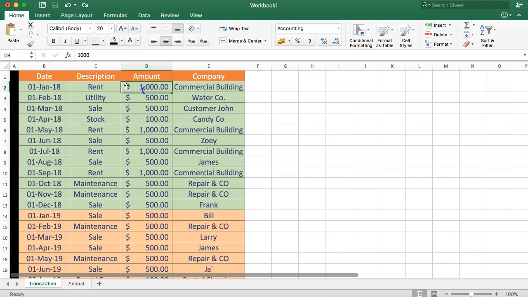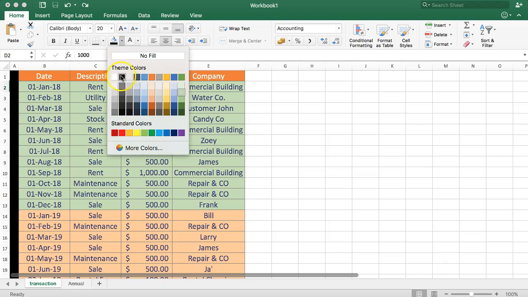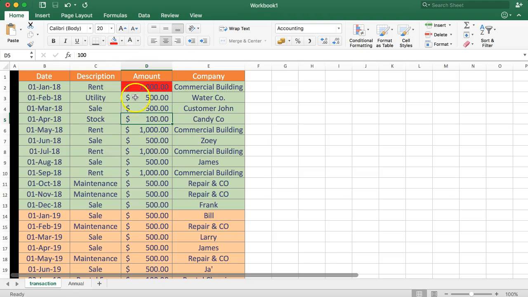But we're not going to do it like this. For example, you see here red for rent. We say, all right, this is an expense, we make this red. And you say, all right, this is a sale here. We're going to highlight this green, or maybe give this a green text, right? So I want to give it green text and red text, but I don't want to do it manually here,